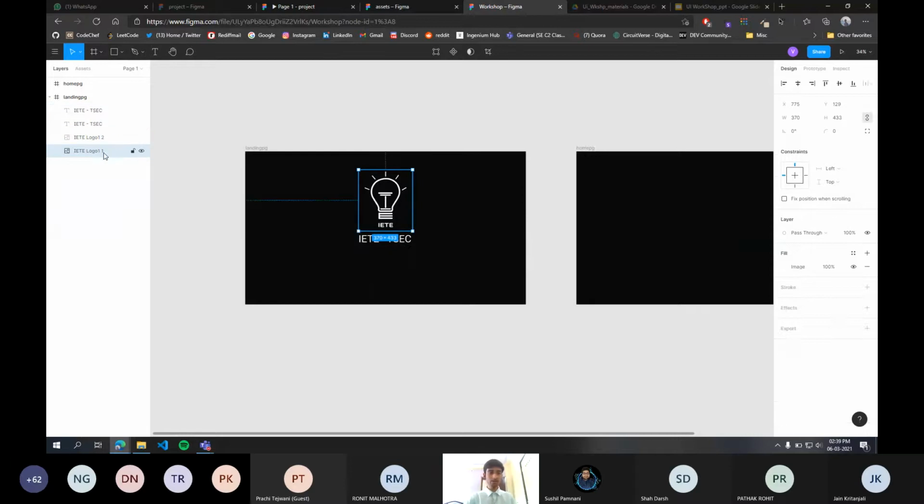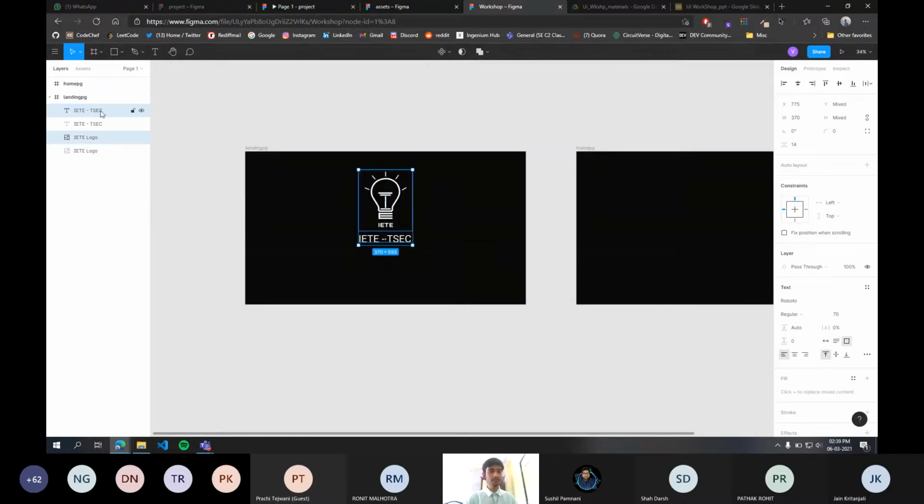Now what you can do is name all of these four elements with the same name. So name this logo image as IETE logo. Name both of them as IETE logo, and the text is the same. Again, multi-select both of them, and if you click and drag them, you can also move them to another layer. As you can see, now these are moved to the home page's layer.